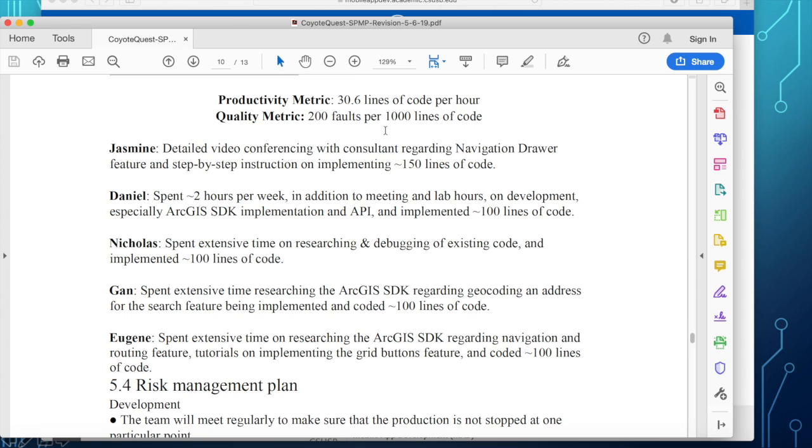Okay, and if the fault rate is very high, then there must be a way to improve the quality of the code that the team produces. Because if you have so many errors per thousand lines of code, you spend a lot of time fixing them.